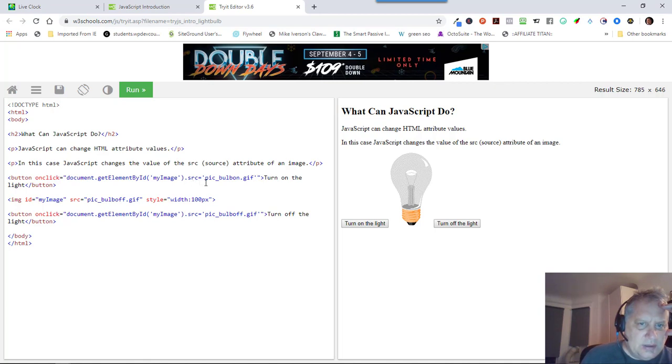Equals pic bulb on GIF. Bulb on GIF. Okay. Turn on light button. Okay, and so button onclick, so bulb off GIF. So there's other GIFs here. Okay, so that would be button onclick. This is button onclick. Turn on the light. So this button gets the yellow GIF, right? This button gets the other one. Okay, got it. So on click, get the document dot getElementById